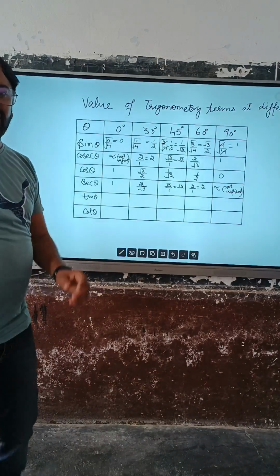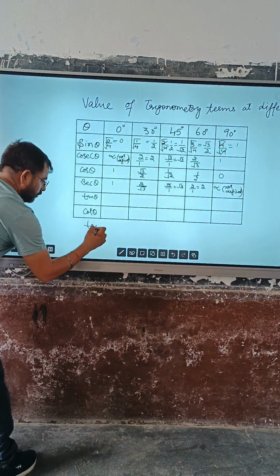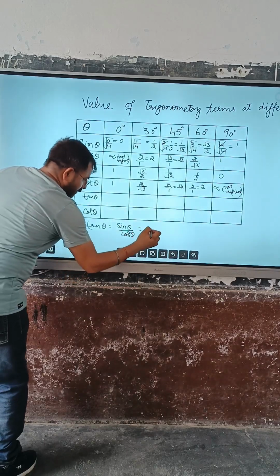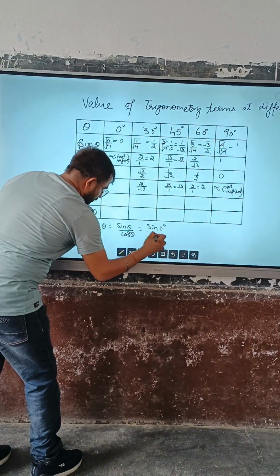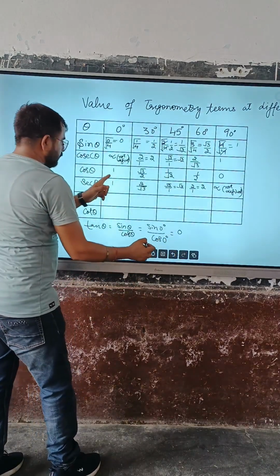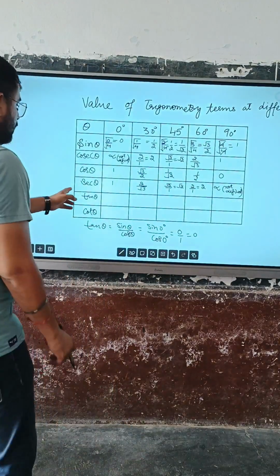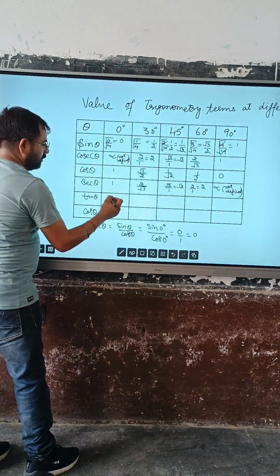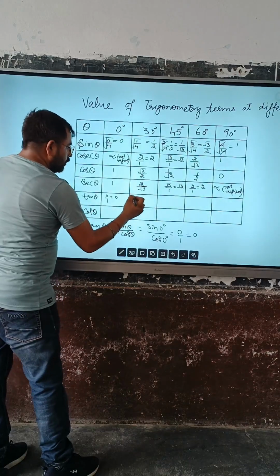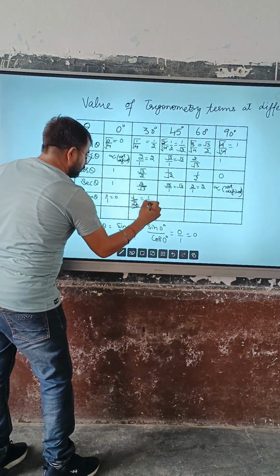And I discussed in the last lecture the value of tan theta. So tan theta is equal to sin theta over cos theta. So theta will remain the same in both cases. So sin 0 divided by cos 0. Sin 0 is 0, cos 0 is 1, so the answer is 0. The same pattern will be used in all these values. So tan 0 is 0 by 1, which is 0. Next, 1 by 2 over under 3 by 2. So 2 will cancel, so the answer is 1 by under root 3.